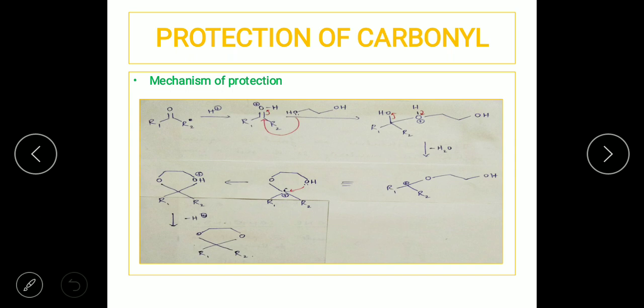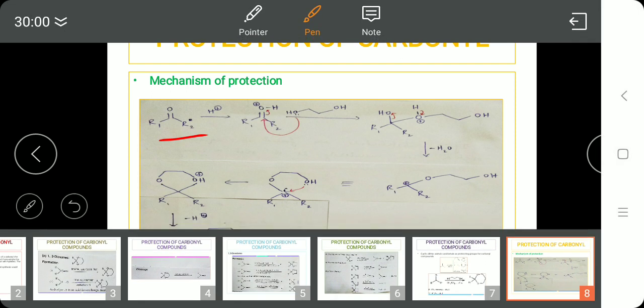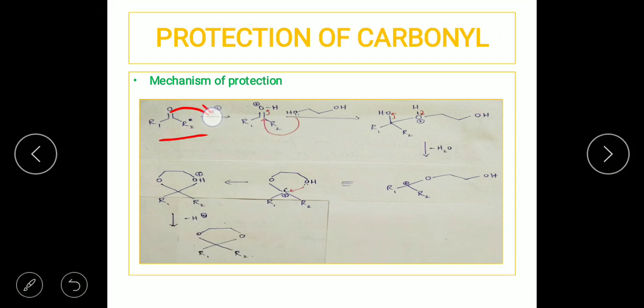So here what is being taken is a ketone. There's a carbonyl group. The first step would always be an acidic hydrolysis, that is using the H plus, which is nothing but from an acid we are taking out the H plus, and this is going to react with the oxygen of the carbonyl carbon. Since oxygen is more electronegative and it has a lone pair on its atom, it is going to take up the proton, that is, it's going to grab the H plus.